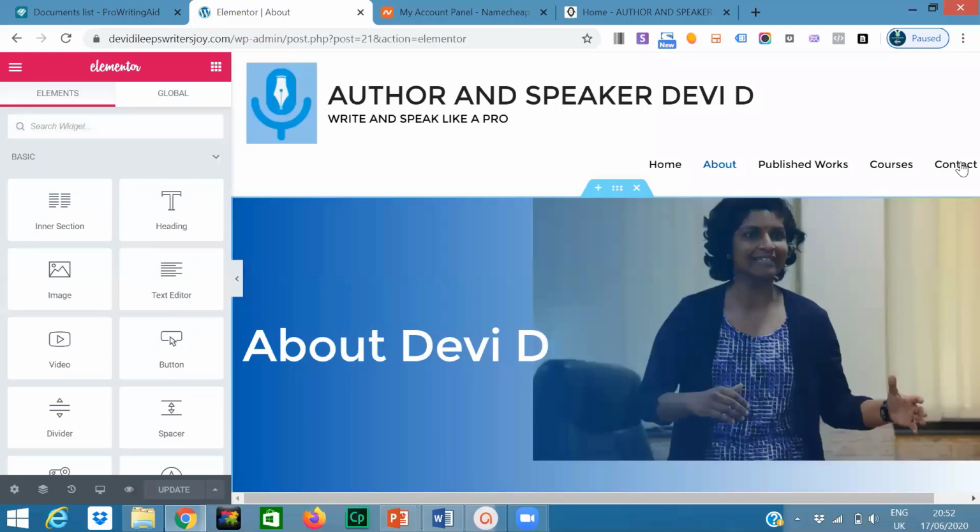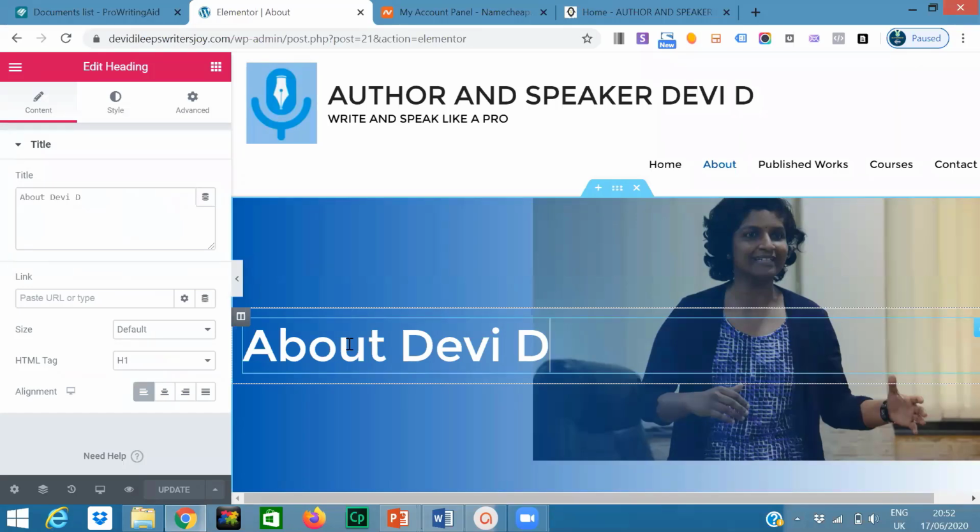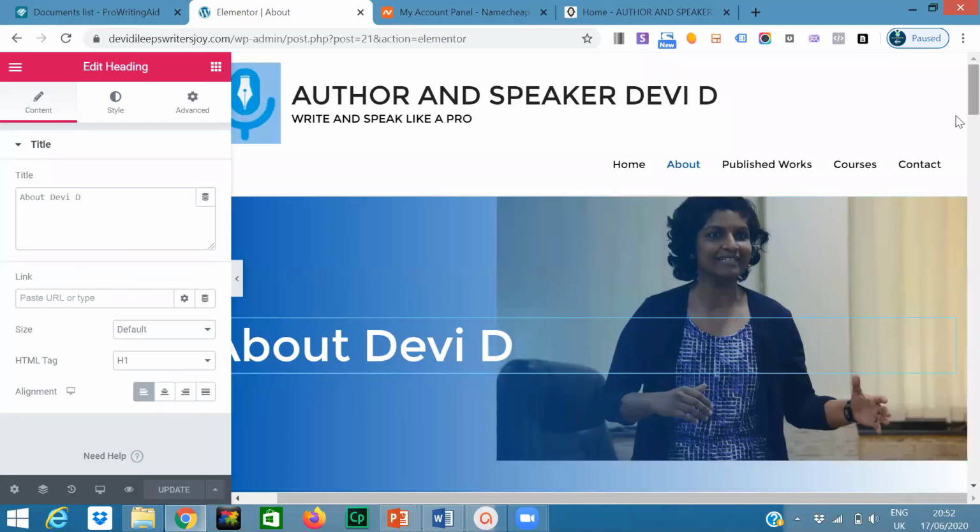Okay, now this is the about page. Now you can see the sections, right? Just mouse over your image. Okay, just hold on. Wherever the mouse is over, that is a section. There are different sections.